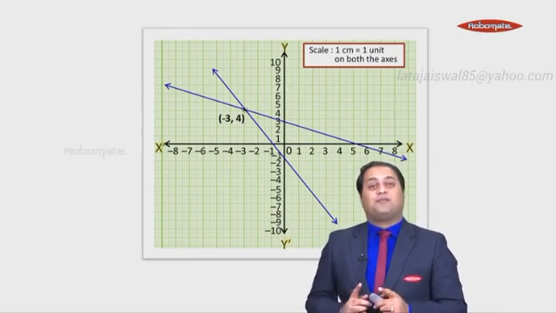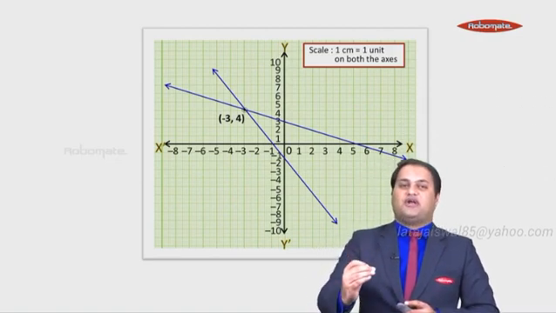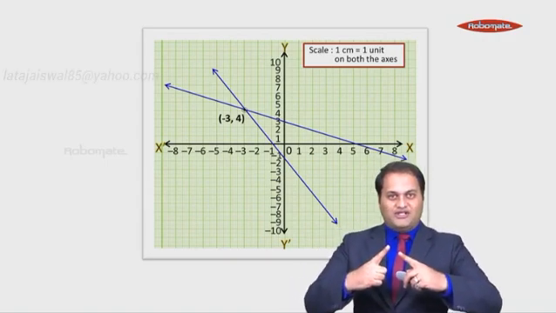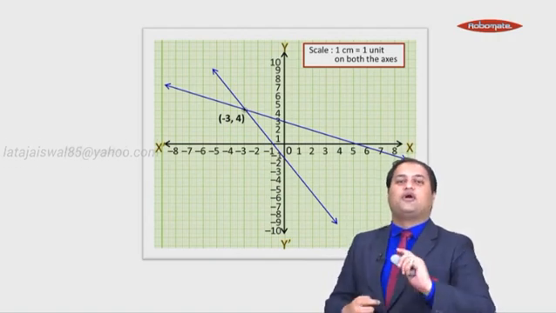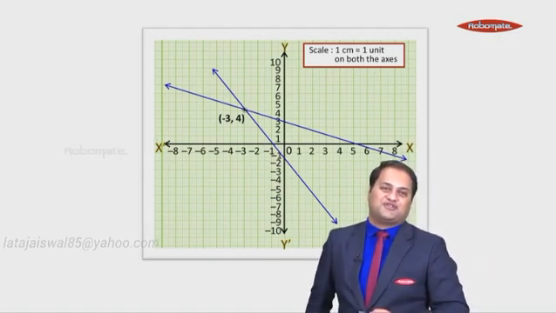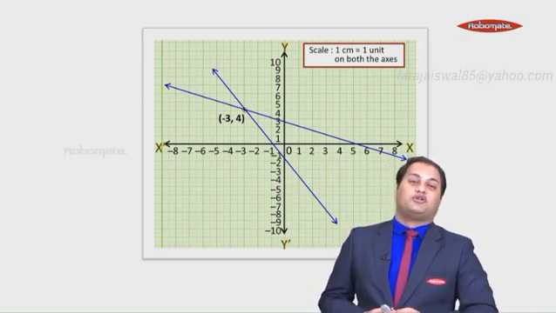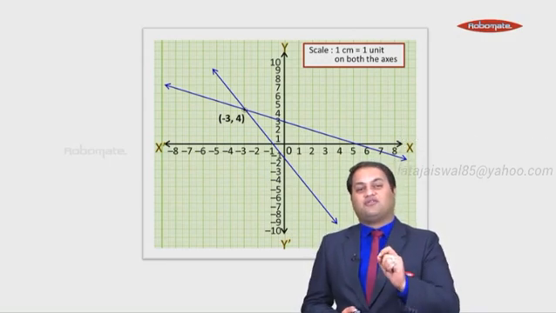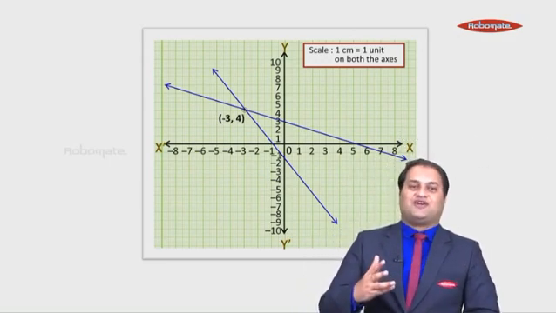So that's the concept of graph. Every linear equation represents a straight line, and that's why it is known as linear. So 2 linear equations, 2 lines. Both the lines intersect at a point, and that point of intersection is nothing but the solution. But now the question is how to get those points to draw the line, how to get the x coordinate and the y coordinate to draw the lines. To understand that, let's start with the next module.